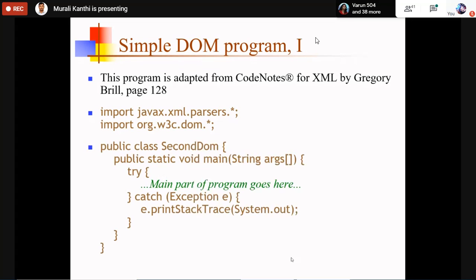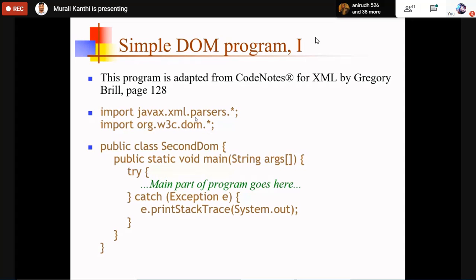These are the packages. These packages are compulsory: import javax.xml.parsers.*; import org.w3c.dom.*; these two are the minimum.